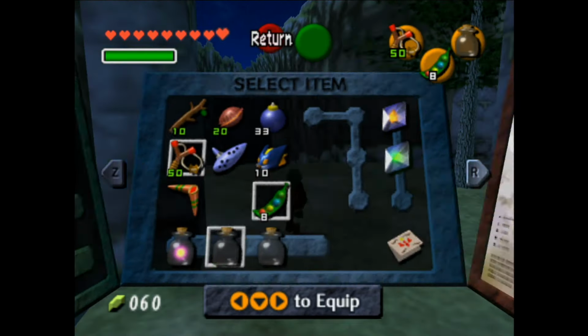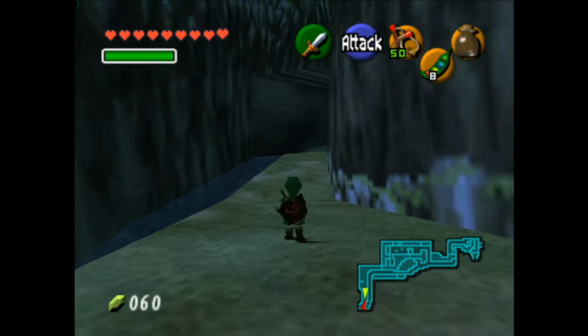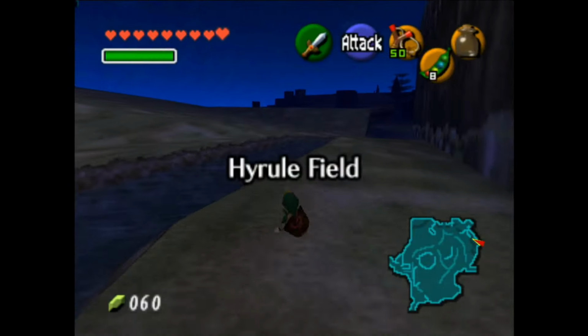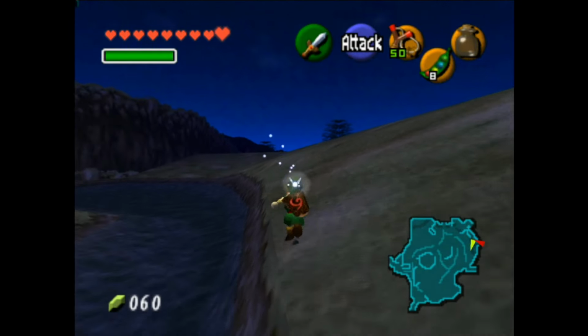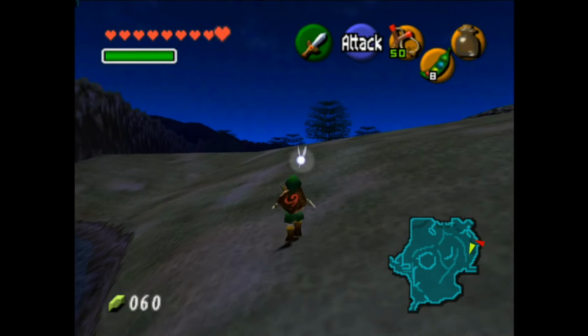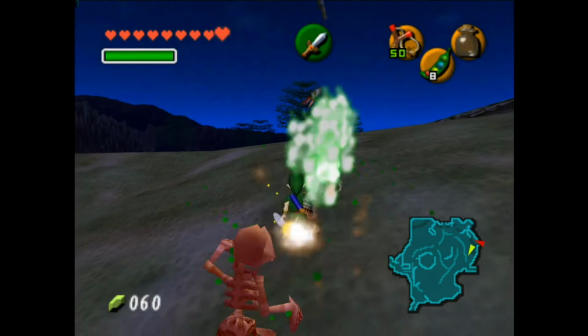That's kind of sad. Okay, once you're done with that, go ahead and equip an empty bottle to any one of your C slots, as well as keep the magic beans equipped. And now our destination is Kokiri Forest, and more specifically the Lost Woods,